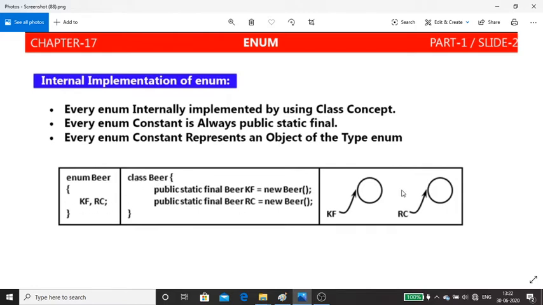If I write two constants, two objects will be created with the reference names KF as well as RC, and these two are by default public, static and final. Every enum is considered a class internally, and a constant is always public, static and final. An enum constant represents an object of the enum type.